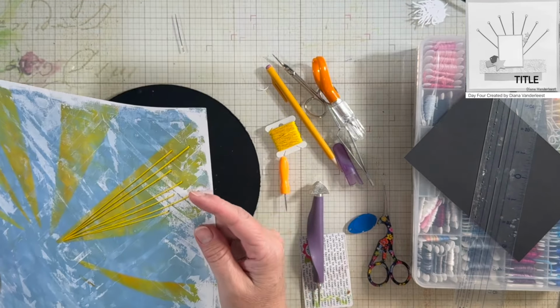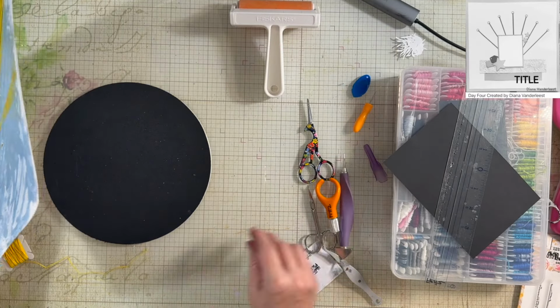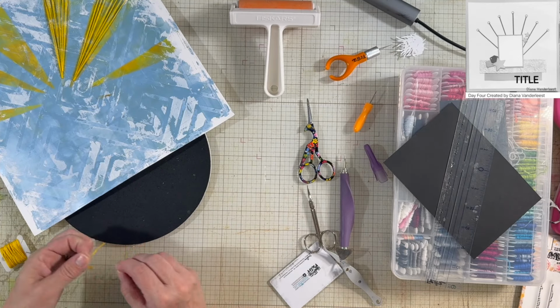I am on a Zoom call or talking to somebody while I am doing the stitching. Oh, I'm sitting across from a friend of mine. So anyway,